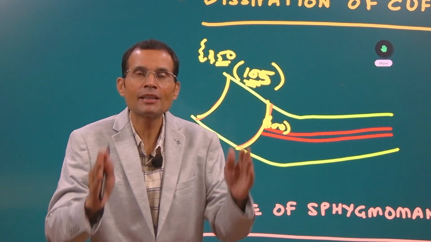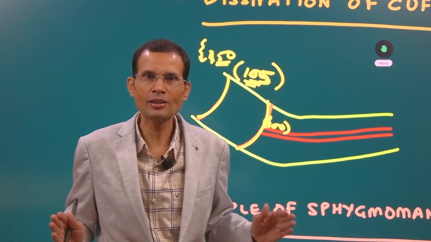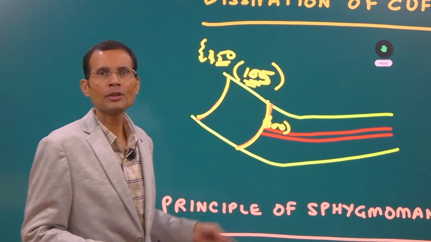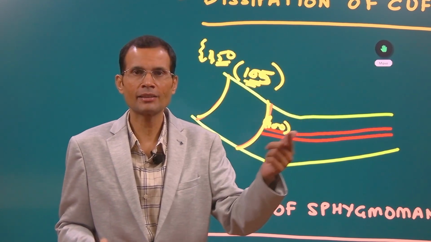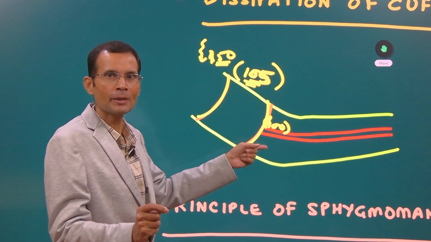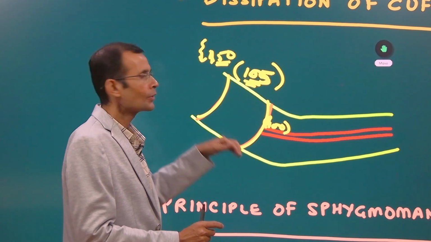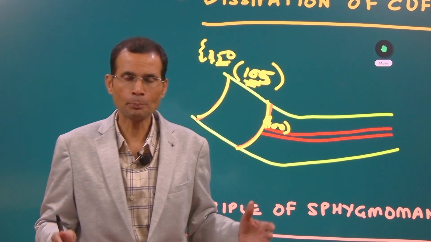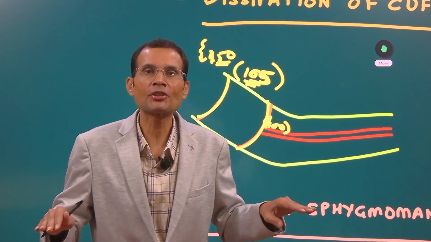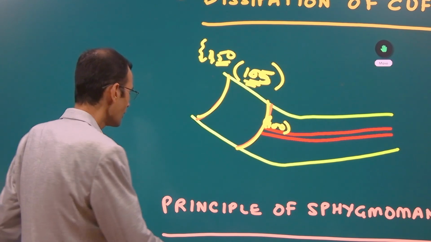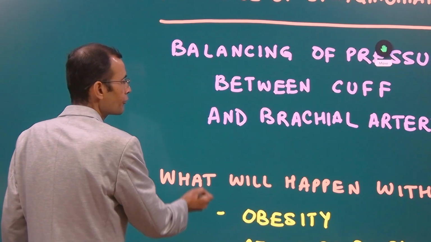Let that be very clear in your mind. This is not an error. All the data is standardized by sphygmomanometry. So we are not getting error like this. Just we are saying that compared to actual intra-arterial pressure measured directly, by sphygmomanometry we get a slightly higher pressure because of the funda of dissipation of cuff pressure in the intervening tissue. Now that being said, let's see a few more